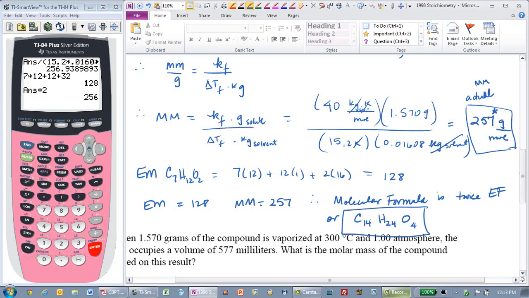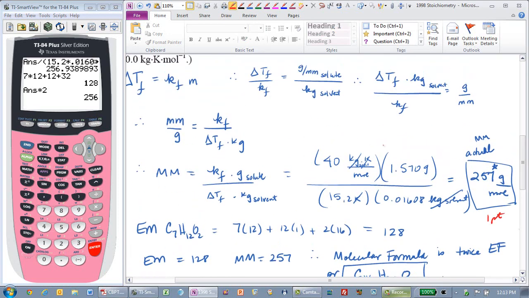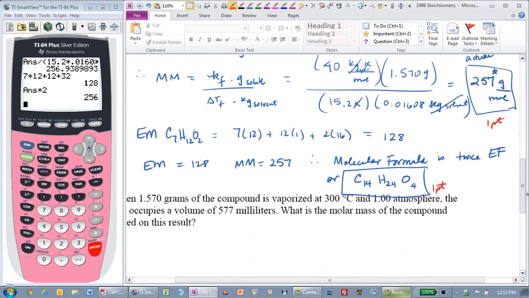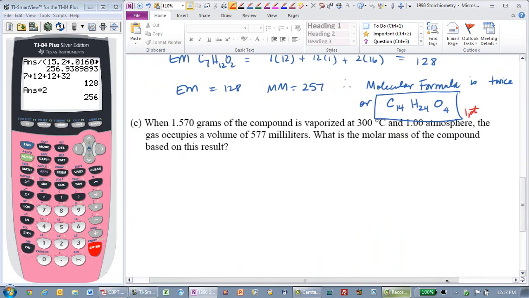Now, how did that work out? This was a point. Getting this was a point. And getting this expression, and your expression did not have to look exactly like mine, getting that was a point. Okay, so